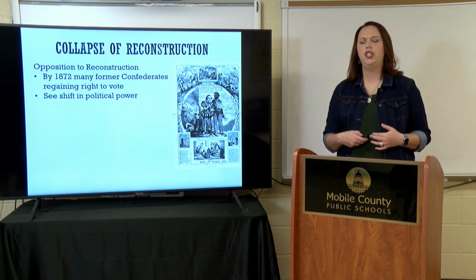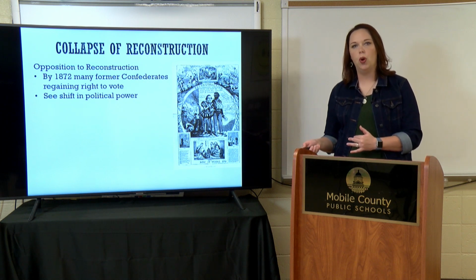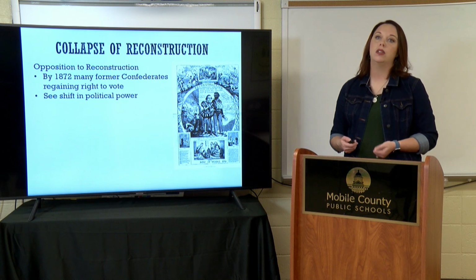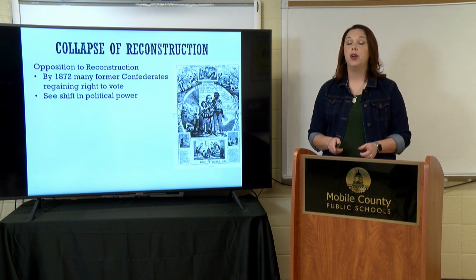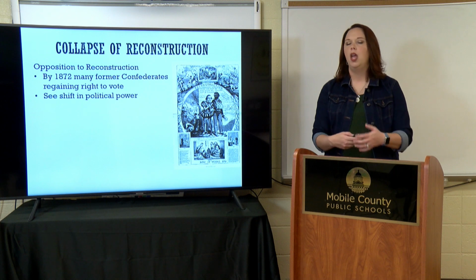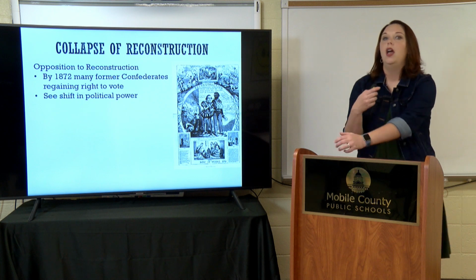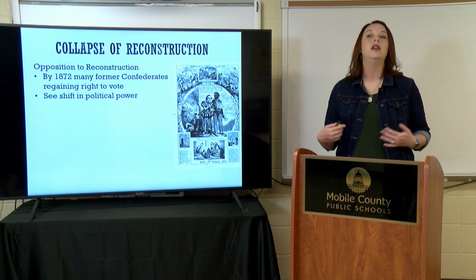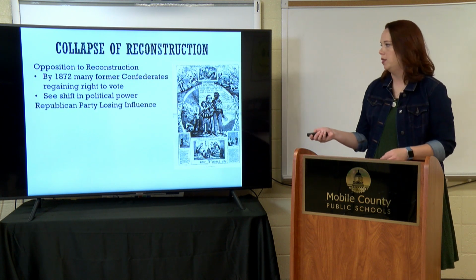So you're going to start to see these shifts in power in the South, where Democrats, former Confederates, start to take more control over the government, and the Republicans that had gained some ground in the South were starting to lose that hold as Reconstruction starts to crumble. You've got to remember, it's the Republicans, and especially the radical Republicans, that were making a lot of these big pushes for legislation and changes in the South to help African Americans. And you're going to see over time, as the Democrats gain more control, as individuals that have been pushed out of control are put back into control, you're going to see changes obviously made within the government.